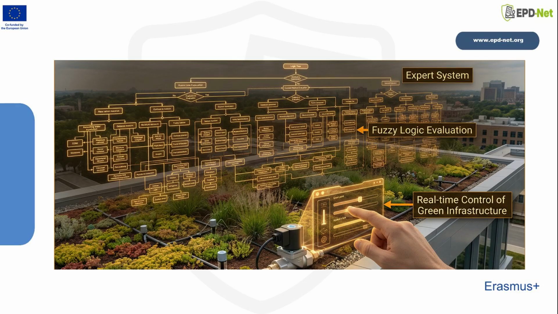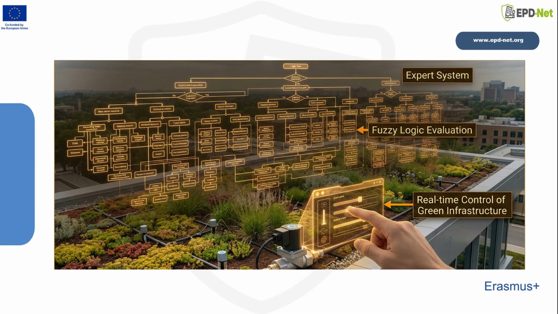Finally, the third paradigm is reasoning. Reasoning stems from induction and deduction to generate heuristics and mimic human perception and decision. Technologies like expert systems and fuzzy logic fall into this category. Reasoning algorithms allow us to perform complex evaluations, such as assessing the co-benefits of eco-DRR with fuzzy logic or performing real-time control of green infrastructure facilities. These three paradigms form the foundation for selecting the right AI tool to match the specific aim of an ecological